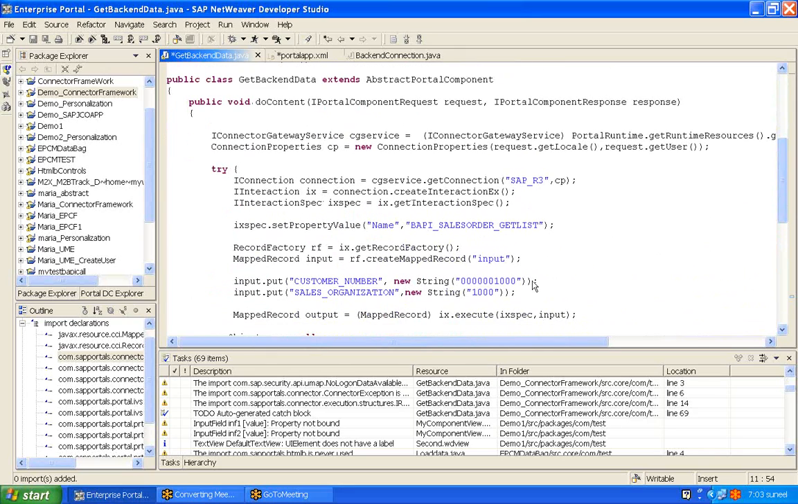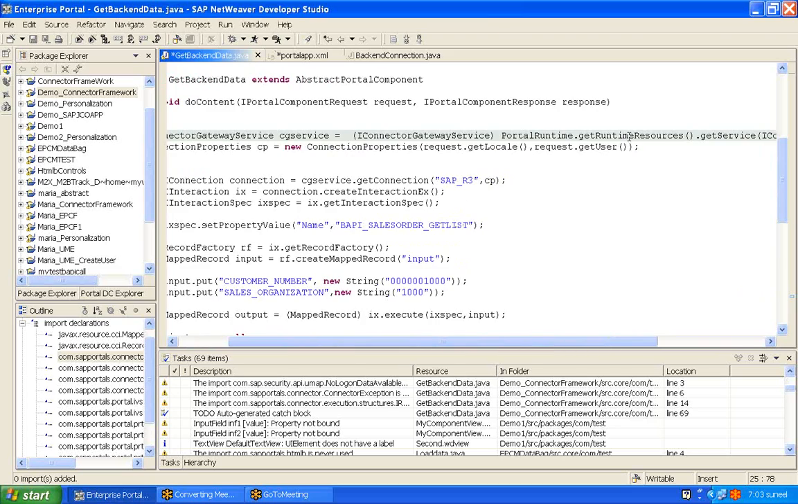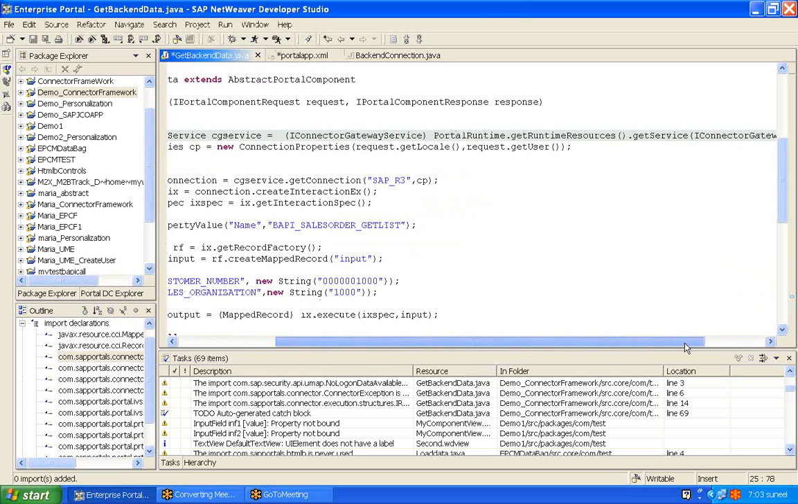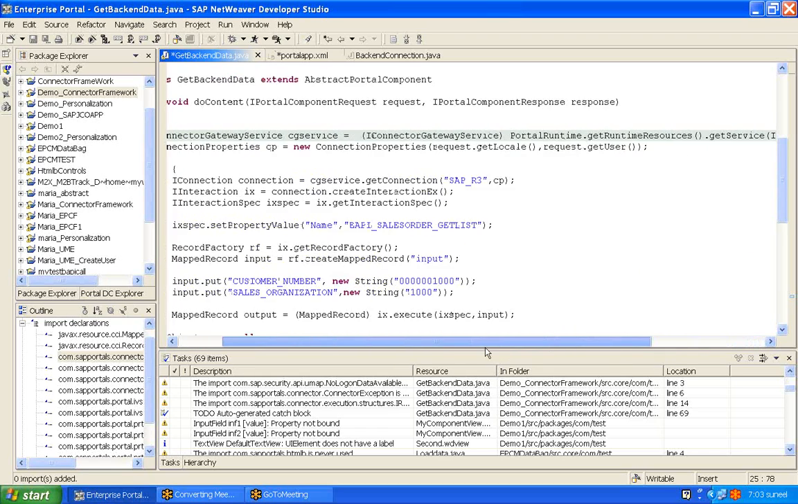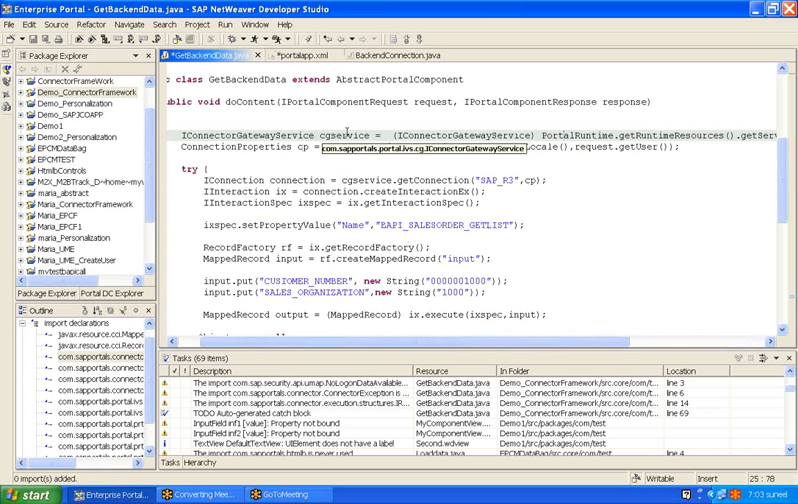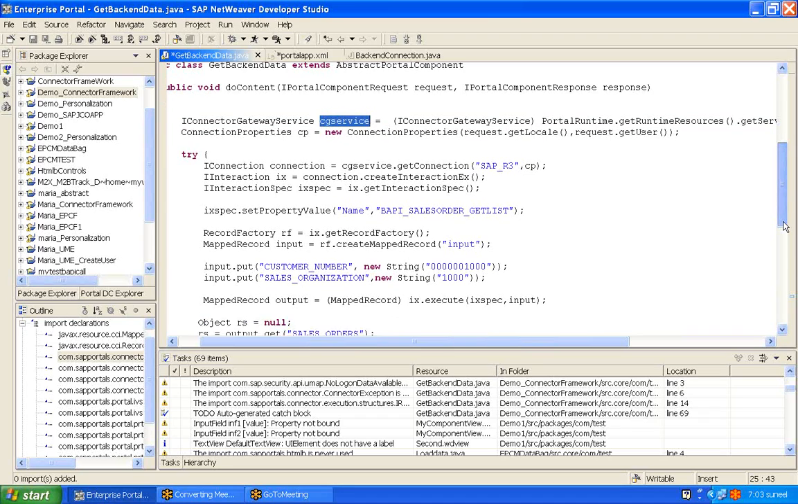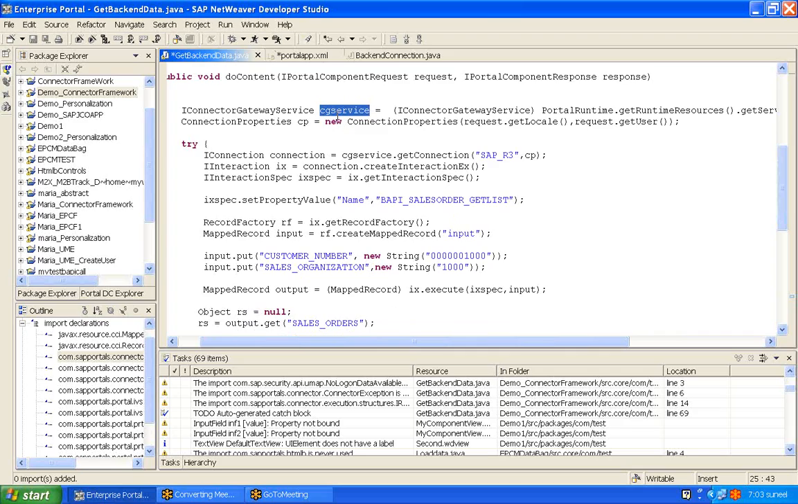So the first step is we need to prepare the connection gateway service object. So that we get from portal runtime and get runtime resources, and another method get service, and it takes the parameter iConnector gateway service dot key. This is the first object to be created to have access to your service methods. So this method has all the methods required to access the backend. So this CG service method or the connection gateway service method, this has a set of methods that we need